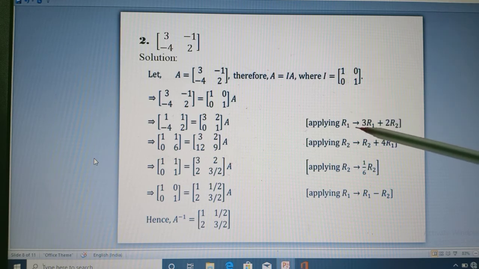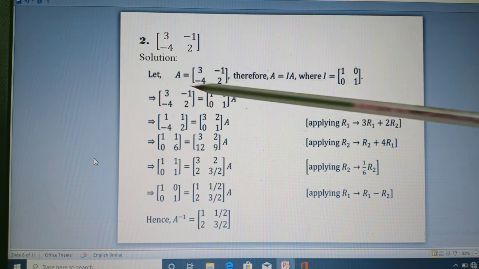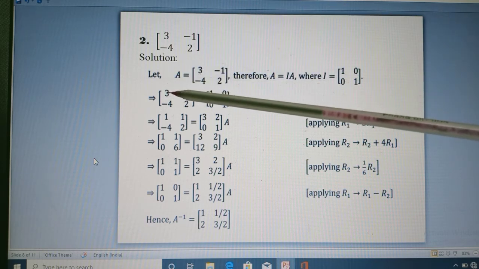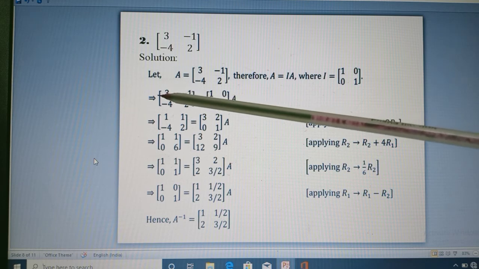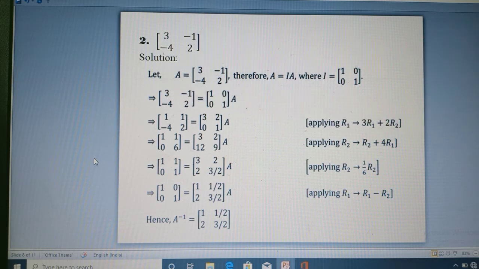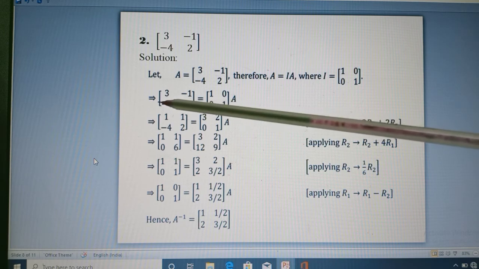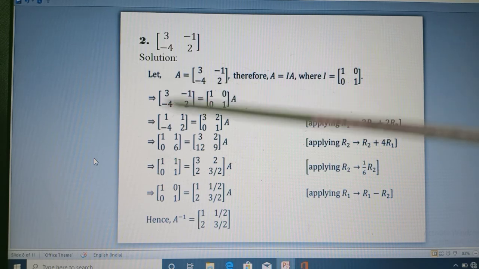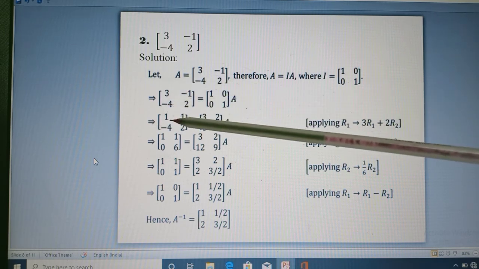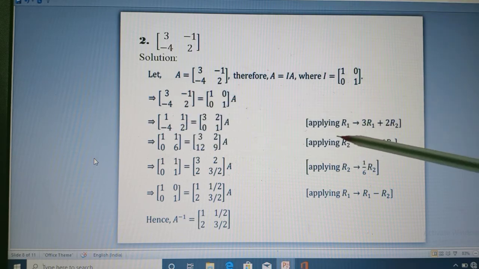So R1 is going to change to 3R1 plus 2R2. If we multiply this row by 3 and add this row multiplied by 2, then we will get this is 1 and this is 1, this is -4, this is 2. Then if we apply this